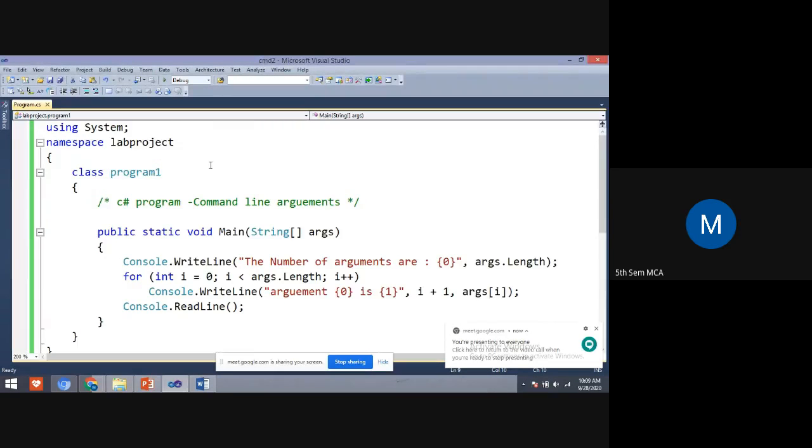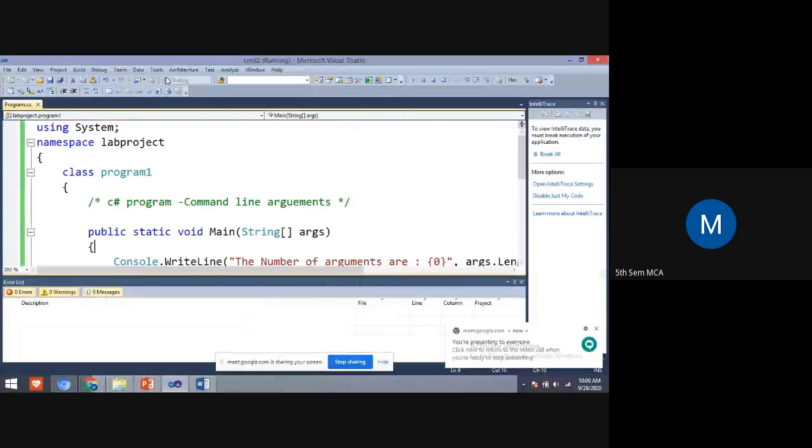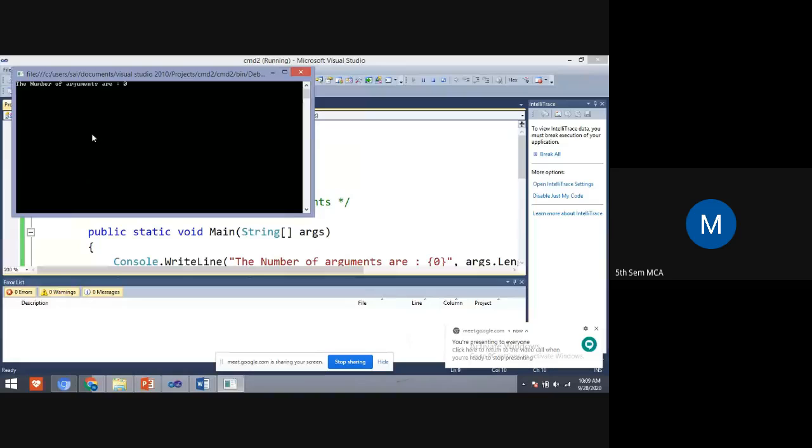In previous programs you have seen that when we run the program, we see the output on the command prompt. This is the command prompt now, students.